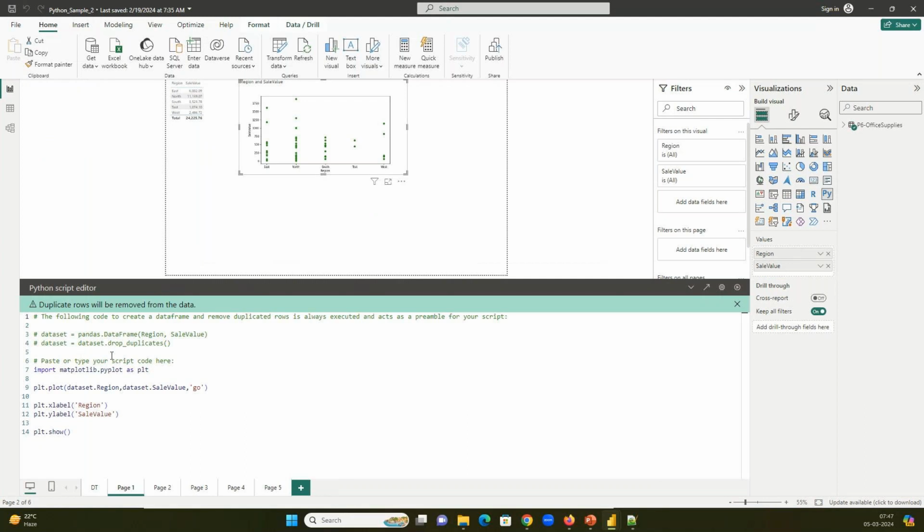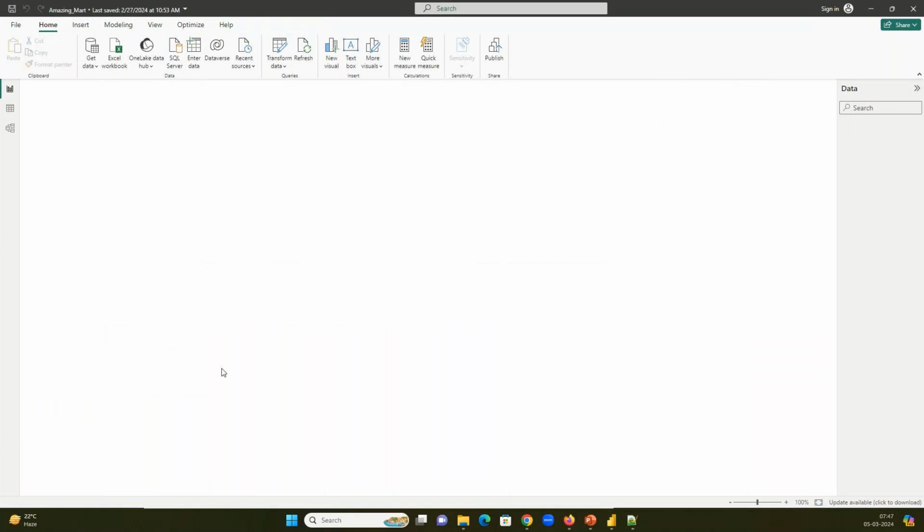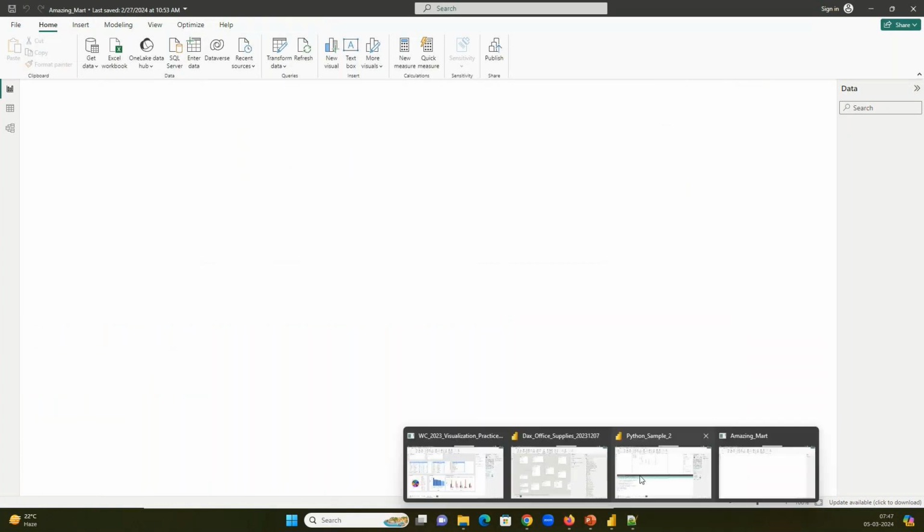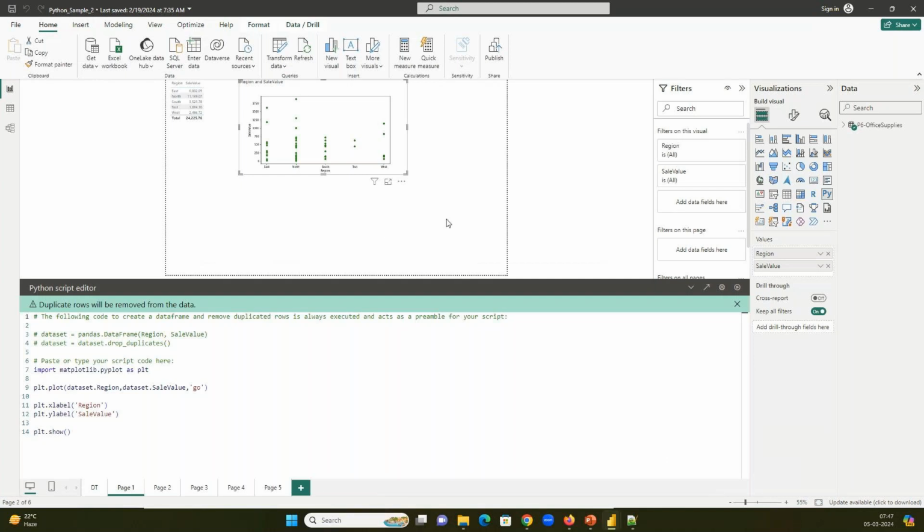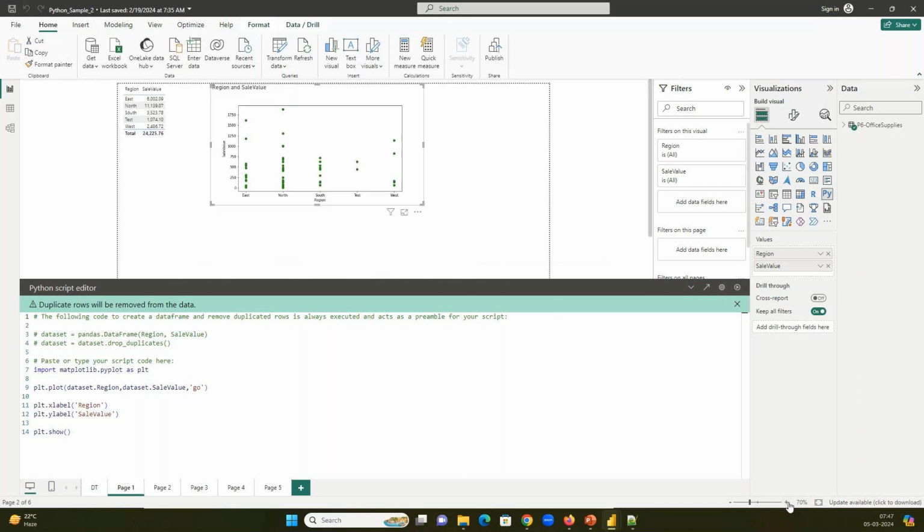This is not pure Python, if you ask me. You will learn how to write a small Python script within Power BI, do a little data transformation, and then visualize as well. That will also be covered and taught in the Power BI session. There is a small graph that has been drawn using Python scripting, the matplotlib module,